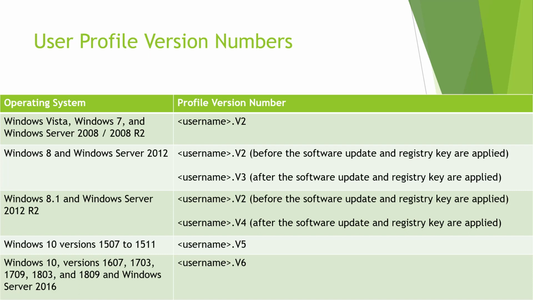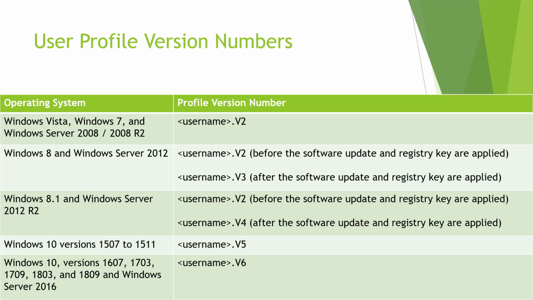If we're talking Vista or 7 or earlier versions of 2008, normally these will be saved as the username.v2. If you're dealing with XP or older, it's going to be just a .v1. If we're dealing with version 8 in Windows or Server 2012, it's either going to be v2 before certain updates or v3. Traditionally, v3 is probably going to be where most of them are. If we have Windows 8.1 or the newer version of 2012 R2 server, they're going to be known as .v4